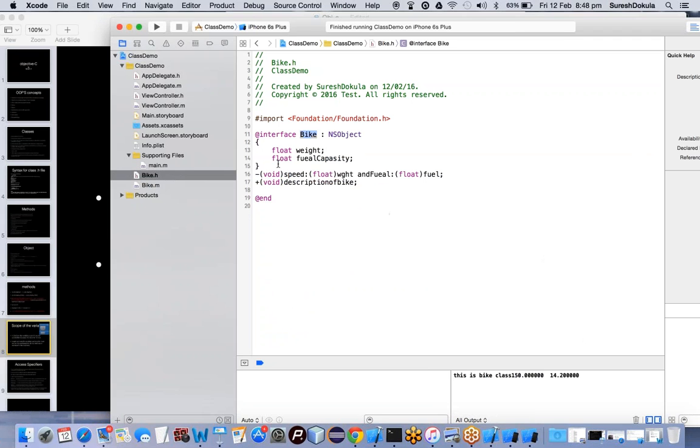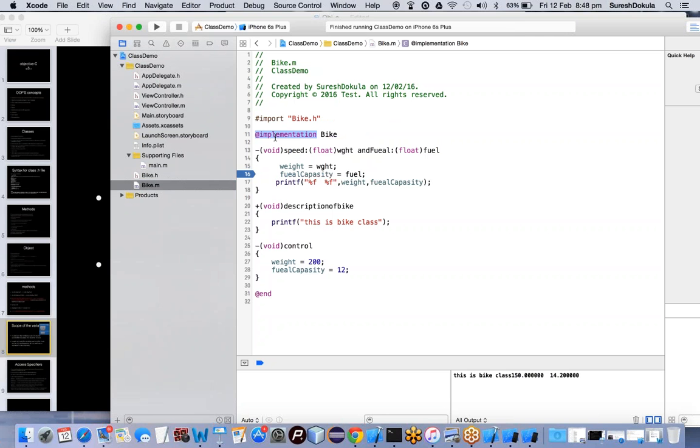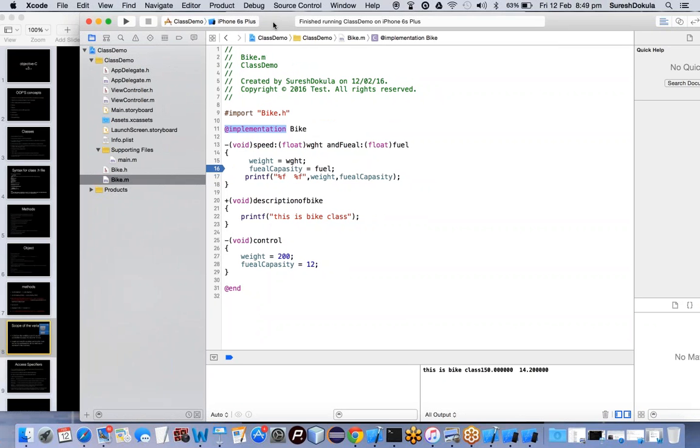Here interface is the way of declaration for a class. As I said earlier, these are the keywords. We should follow the keywords when we declare a class, so that the compiler can understand this is a class. The bike is a class. If you follow a class, a name by interface, so that it can identify. In a similar way, at the rate implementation, so Objective-C follows plain English words. The abbreviation is implementation, it is the same. So implementation for a class,